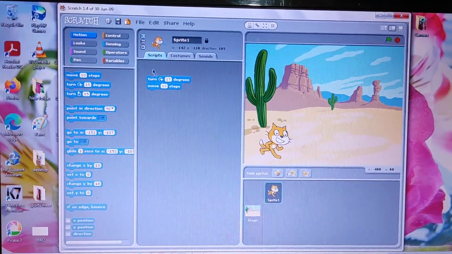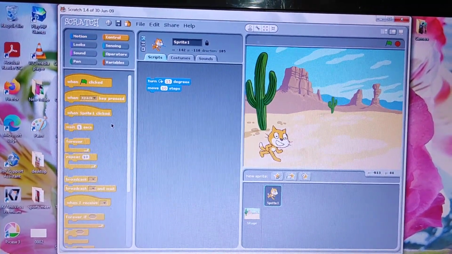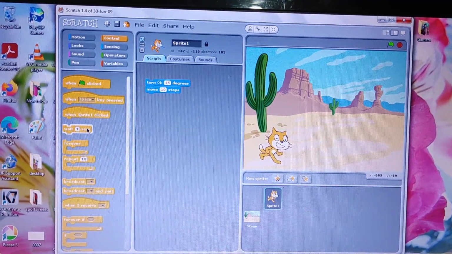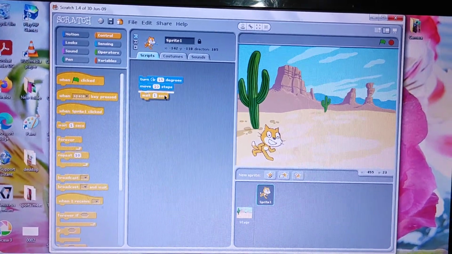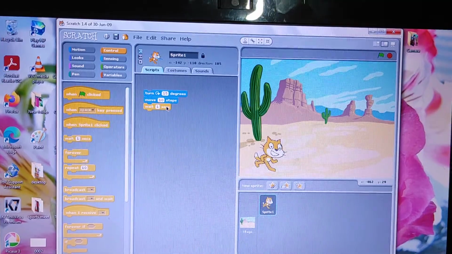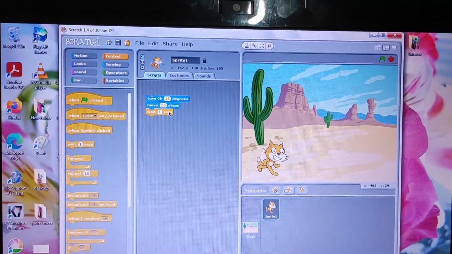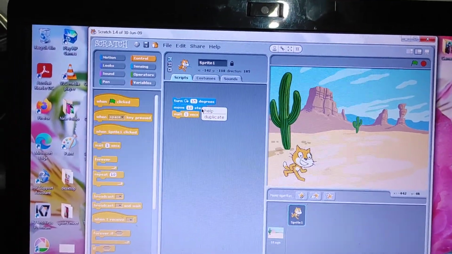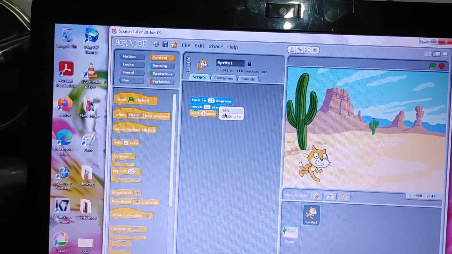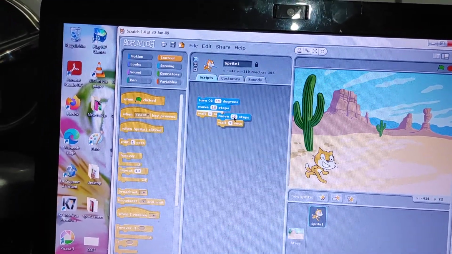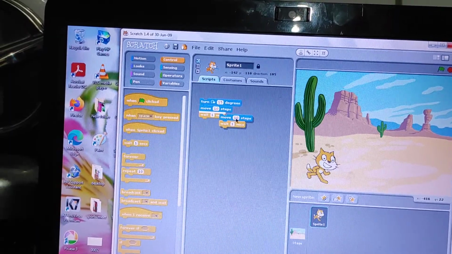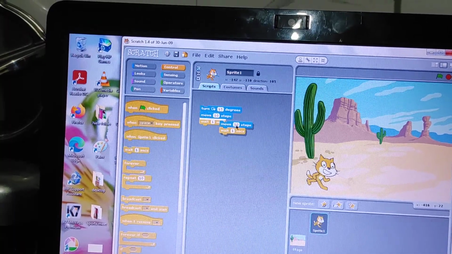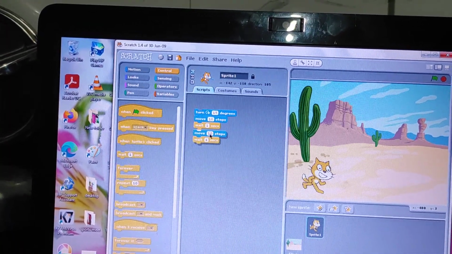The next step is to click on the Control button. This is the Control button. Click on it, and select the fourth one, that is wait 1 second. Then again drag it. Yes, in this way. After that, right click the move 10 steps block, the second block. Then a menu appears. Click on Duplicate. Yes, this copies the block plus any blocks under it. In this example it copies the move and the wait block. So you have to paste it here.